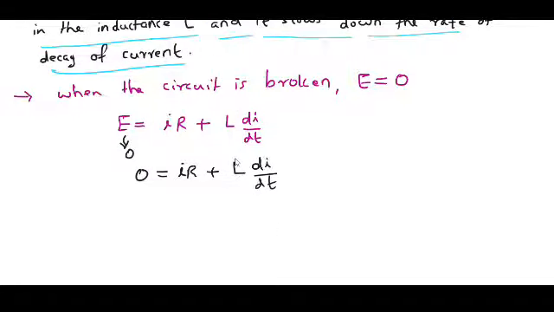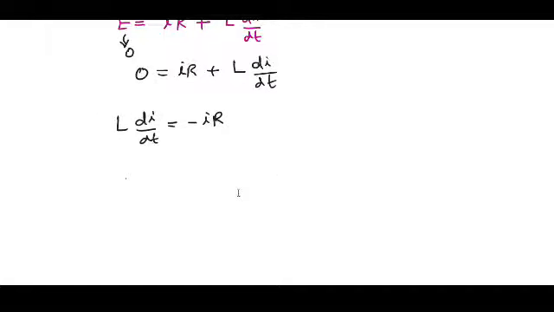Or I can write L di by dt is equal to minus IR. If I bring the I to the left side, this will be di by I equal to minus R by L, and I bring the dt to the right side. If I do the integration,